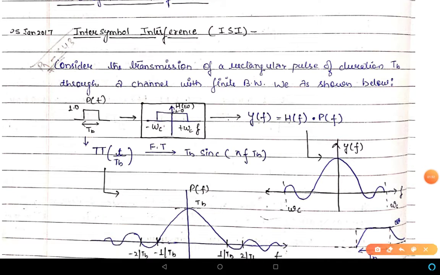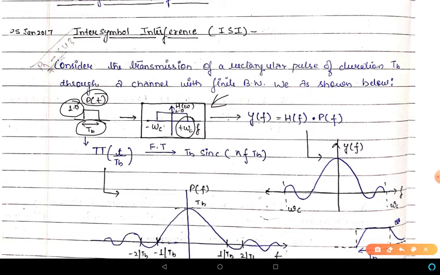So let us consider transmission of the pulse p(t). Here the pulse is of height 1, the level of the pulse is 1 volt, its duration is TB, and this is passed through a channel whose transfer function is given by this expression, this particular figure. That is, it is constant from minus omega c to plus omega c. So omega c is the bandwidth,